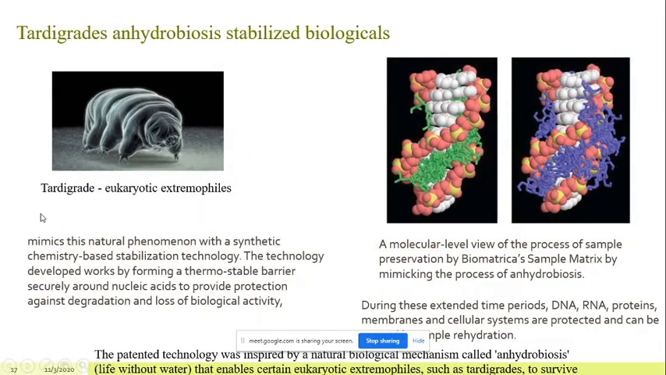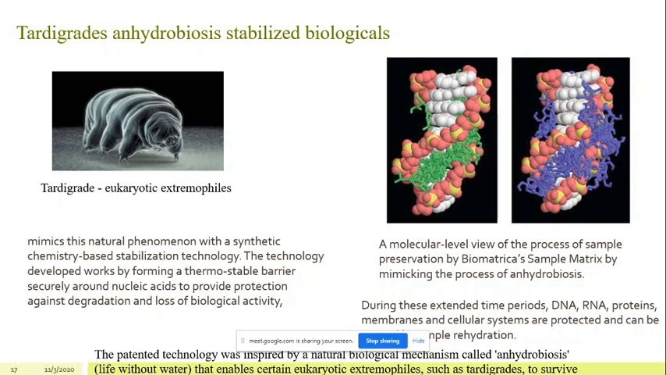Now, this organism is called a tardigrade. It is a eukaryotic extremophile, and these organisms can live around 120 years by a process called anhydrobiosis, which means life without use of water. This method was mimicked and used to preserve